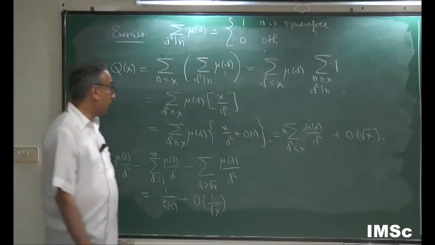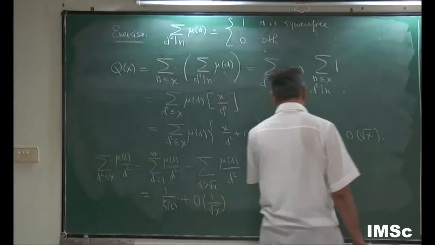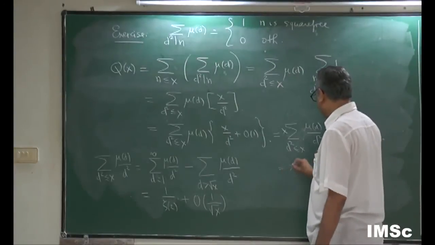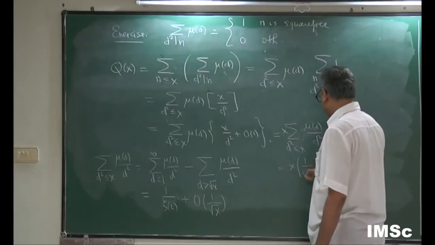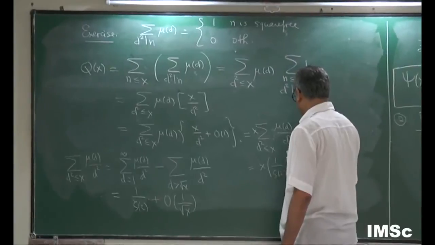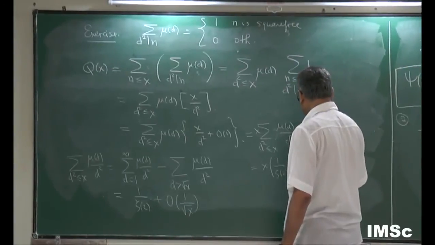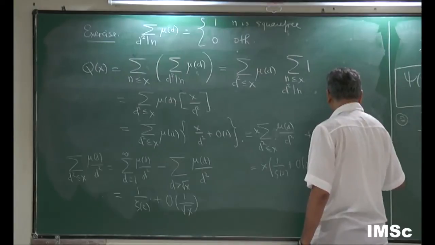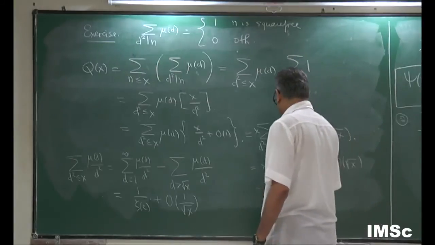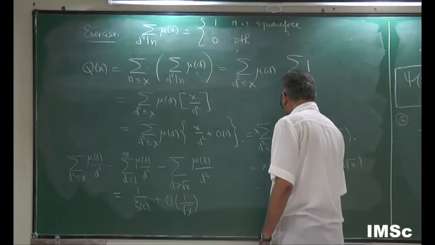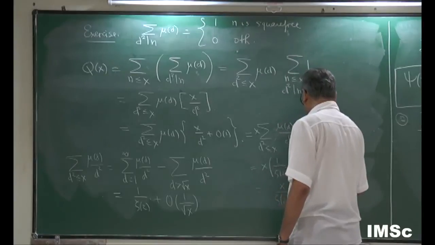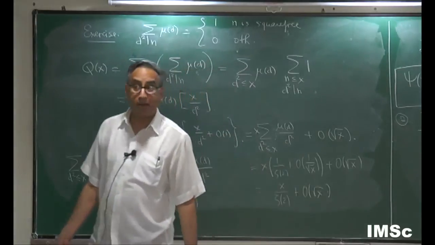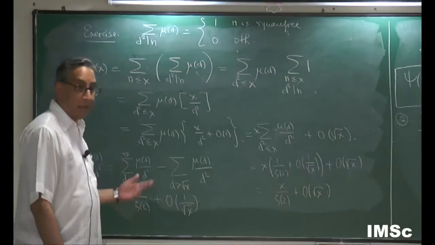Okay. And so I go back here and plug it in. And so what do you finally get? You get x times 1 over zeta 2 plus O of 1 over root x plus O of root x. And so this is x over zeta 2 plus O of root x. So you get this very good error term, square root of the main term, by an elementary method